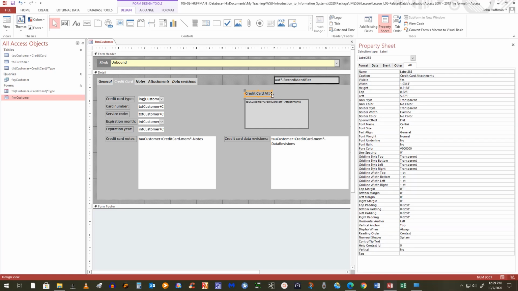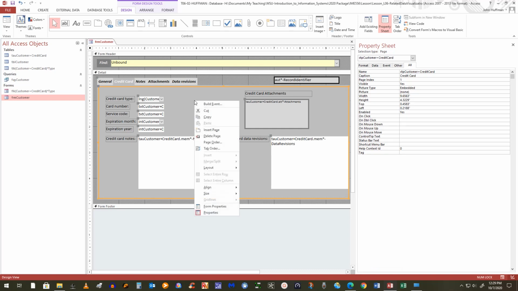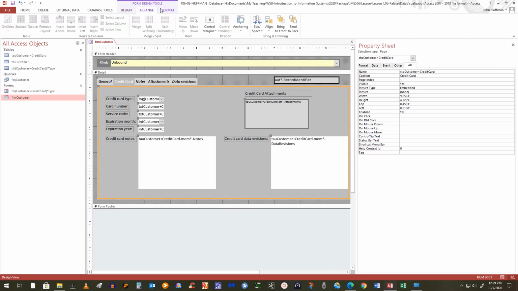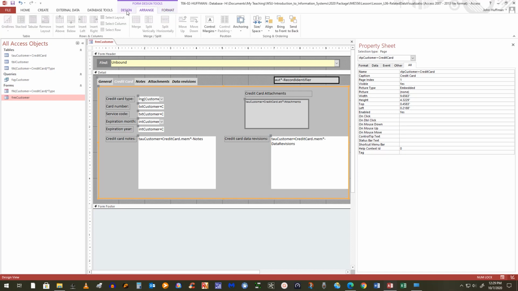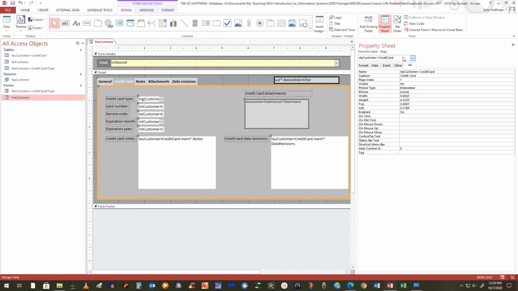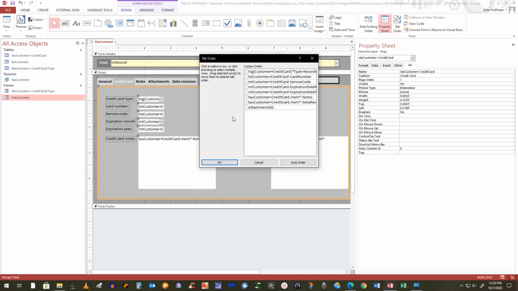And go up there and reorder the fields or reorder the controls. So type, activate the page again and go up to, where's that again? Arrange. Always forget this. Oh, tab order right here. Okay. Oh, or you right click. Okay. Either way, because I got that activated, I go up and hit tab order, and you'll see attachment 282